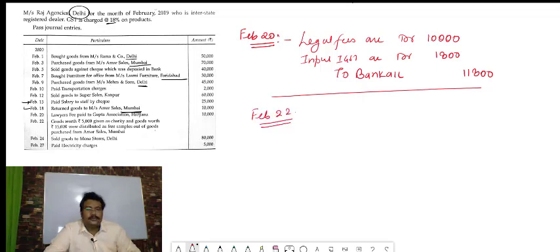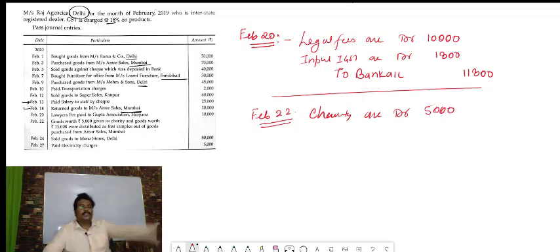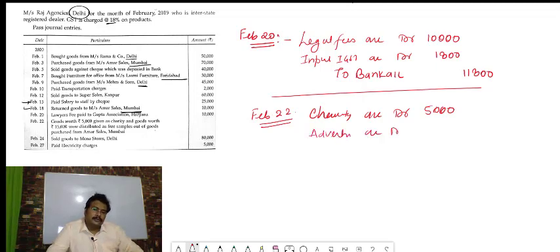Now Feb 22. A Feb 22, you see, bacha. So very simple. Goods worth rupees 5,000 given as a charity. So charity account debit. How much, bacha? 5,000. Achha ji. Then goods worth rupees 15,000 were distributed as a free sample. So advertisement account debit 15,000